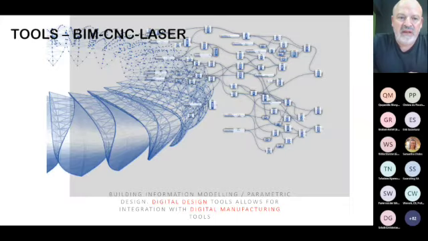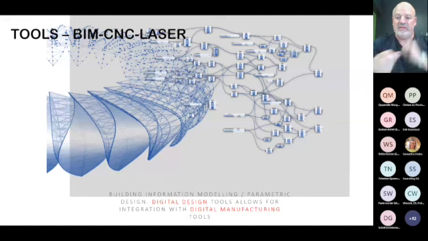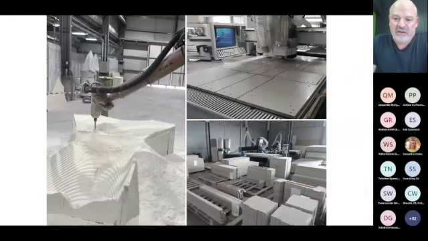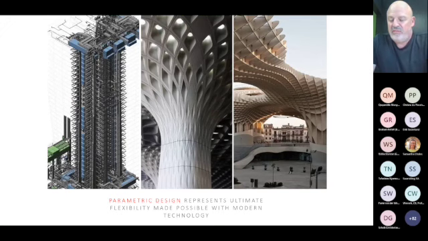I think in terms of the modern tools that are available to architects and engineers, we first have digital design tools, and that allows us to integrate with digital manufacturing tools, which creates a large potential for accurate construction of timber buildings. CNC machines, laser machines, all of these machines are available to prepare the product off-site. And in terms of parametric design, it gives us the ultimate flexibility with this modern technology to create